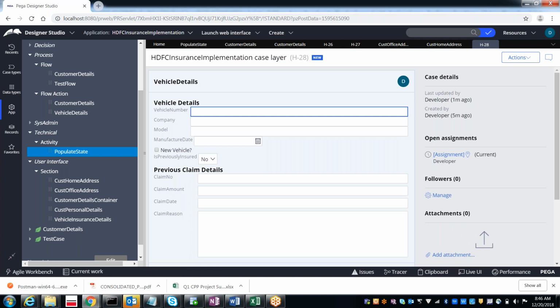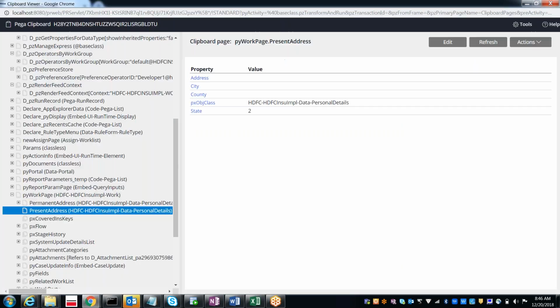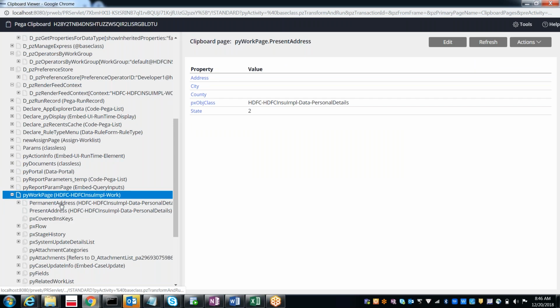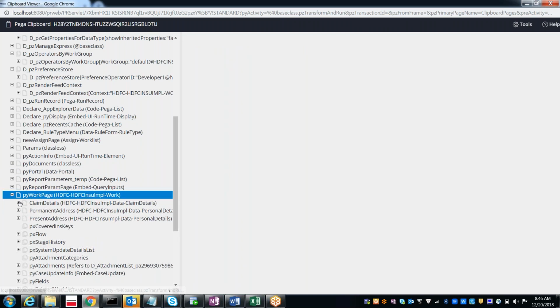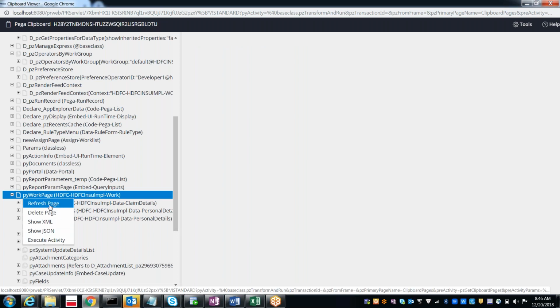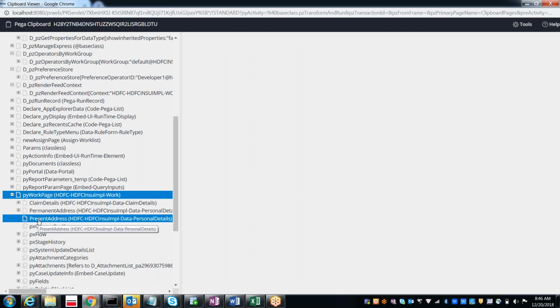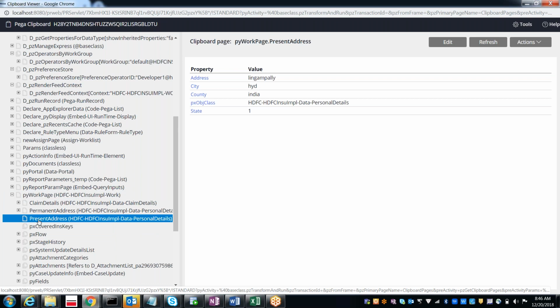Now I have come to the second screen. Refresh this page again. I pressed the right mouse button on the context menu and selected refresh page on the clipboard. Now see the present address. Did you get the values? You got it, right?